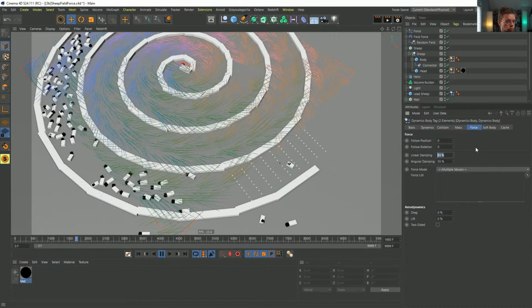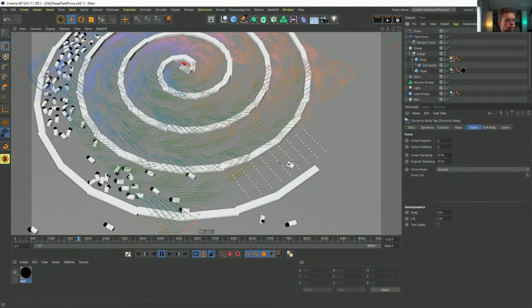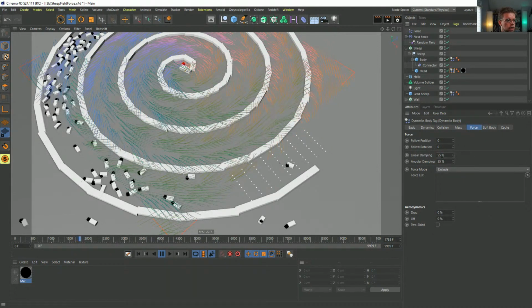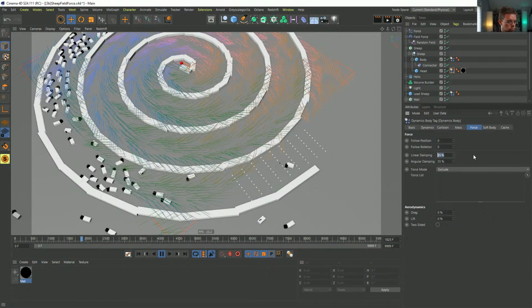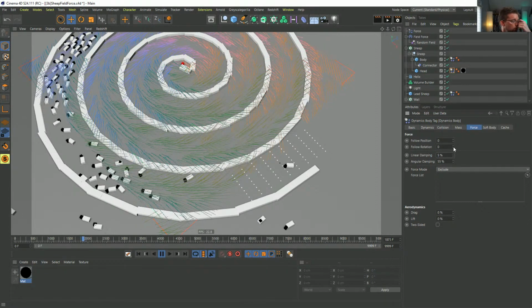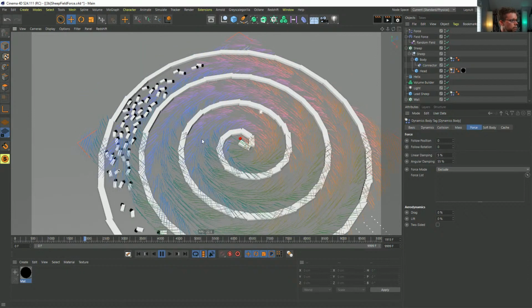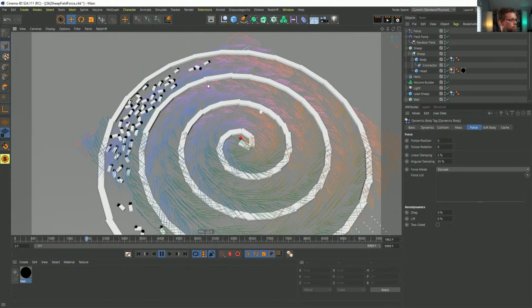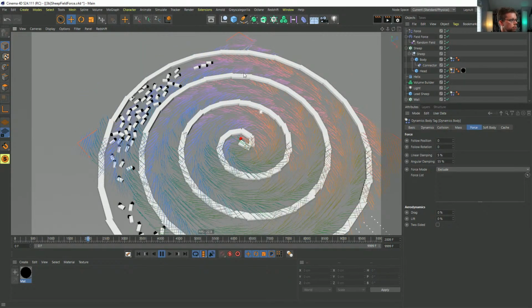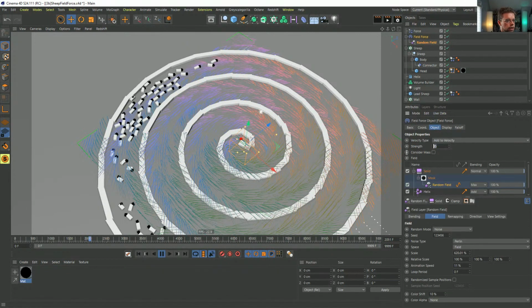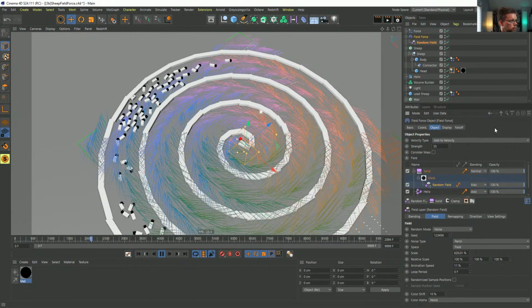So let's do a 90% energy drain on the body, and then the head, let's do only 5. So the head can kind of stay moving and wiggling, but the body's constantly draining lots of energy out. So we just get the combination there. And yeah, they're just going to keep doing their thing. We just find the right calibration here.